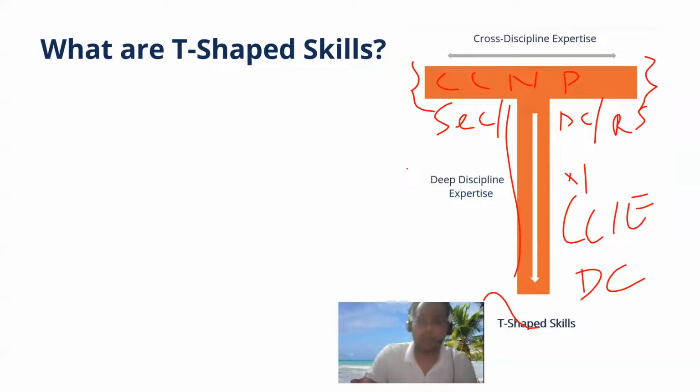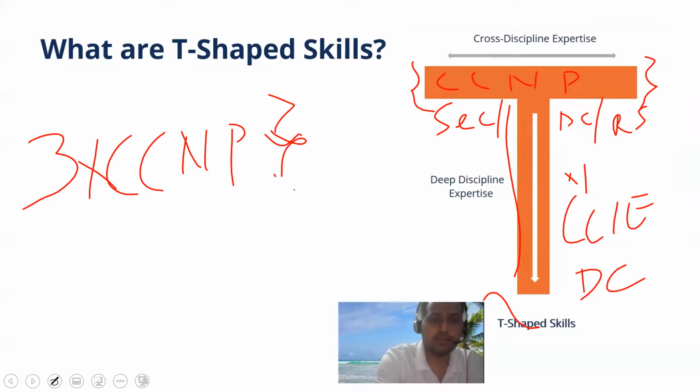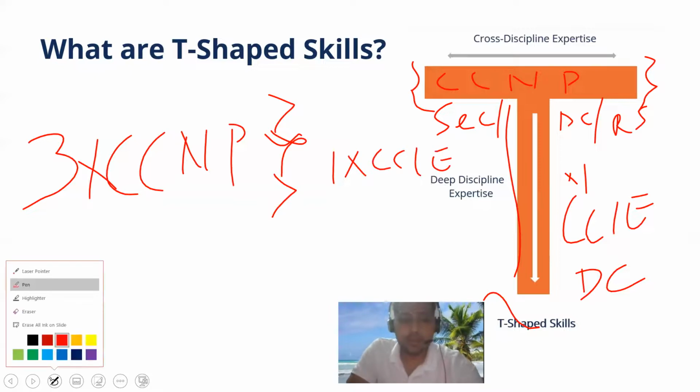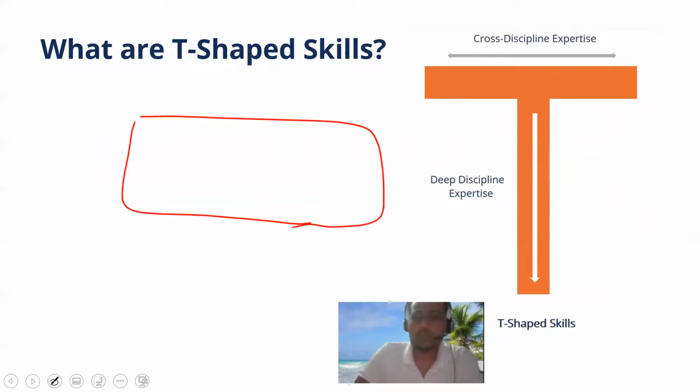Now this is surprising, but companies are giving much more preference. So I'll give CCNP higher than one CCIE, and that's the fact of the market today. Companies are looking for T-shaped, or maybe if it is not a flat T, but still a type of shape like this. I don't know what shape this is. This is a rectangle. So they want a rectangular type of shape of knowledge.